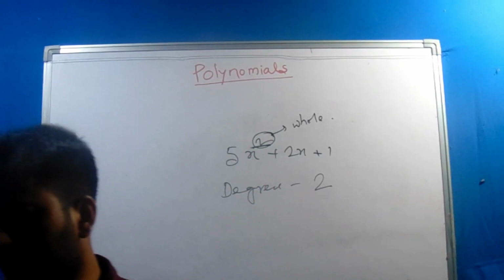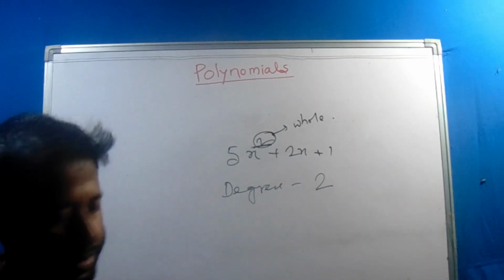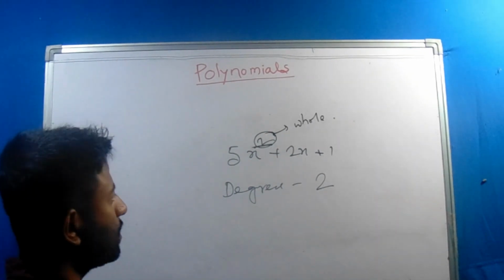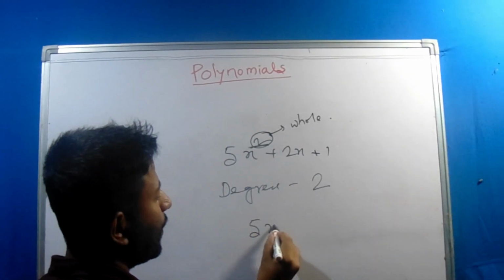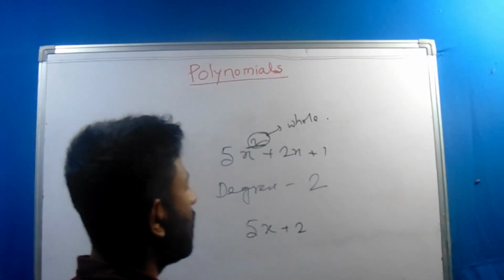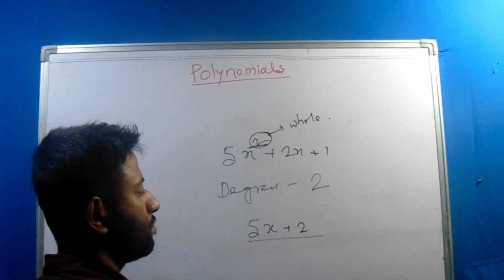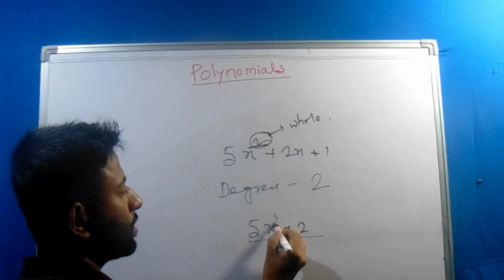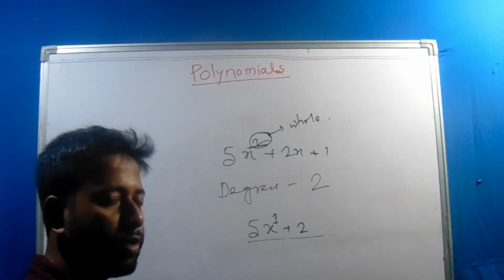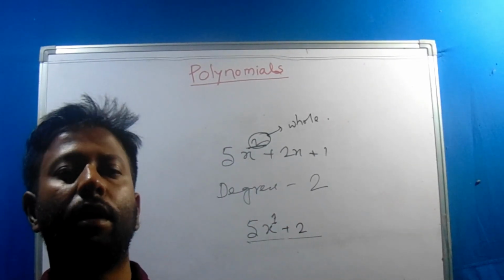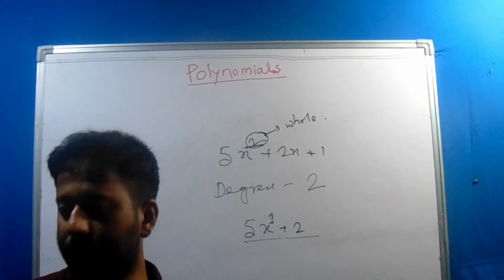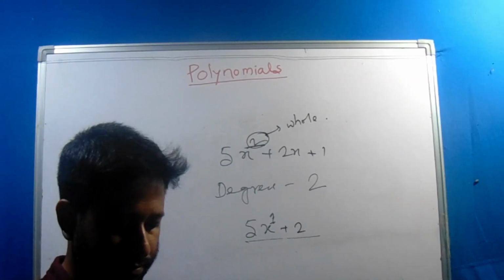ओके, अब एक पोलिनोमियल है जिसका डिग्री 1 है, जैसे कि एक इक्वेशन है 5x प्लस 2. अब ये एक्सप्रेशन में इसका पावर कितना है 1. अब जब कोई भी पोलिनोमियल जिसका डिग्री 1 है, उसको हम लोग बोलेंगे लीनियर पोलिनोमियल. ओके,